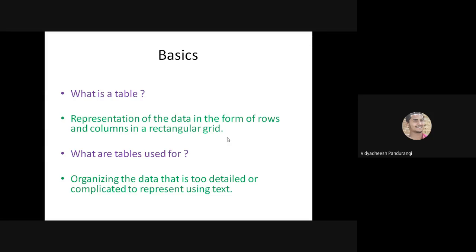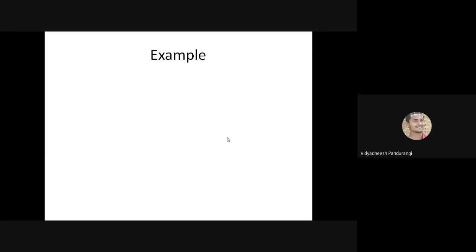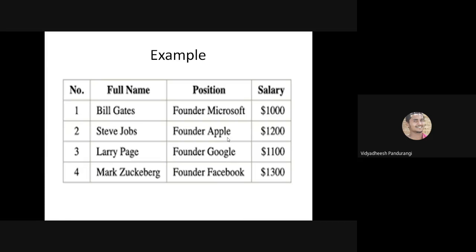Okay, that's great. Let's move ahead and see an example. I hope this represents a table. Can we work out this table live? If you have systems turned on, you can work along with me for drawing this table on an HTML page, using the Brackets editor. I'll be using the Brackets editor now. So let's draw this table on a web page.